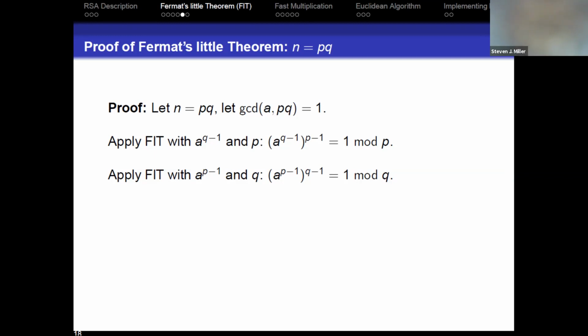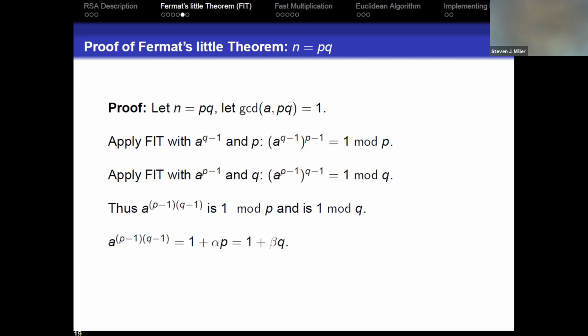It would also be 1. And so that's the last thing you have to show. So it's got to be 1, and here's why. We know it's 1 mod p, so I have to be able to write it as 1 plus some multiple of p. Let's say 1 plus alpha p. It's also 1 when I divide by q, so it's got to be of the form 1 plus beta q.